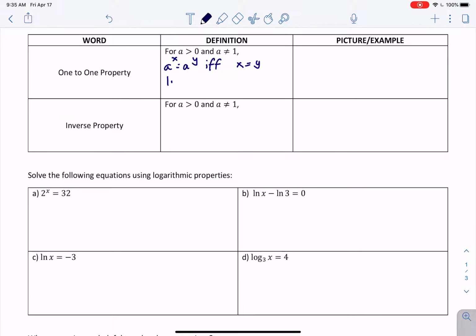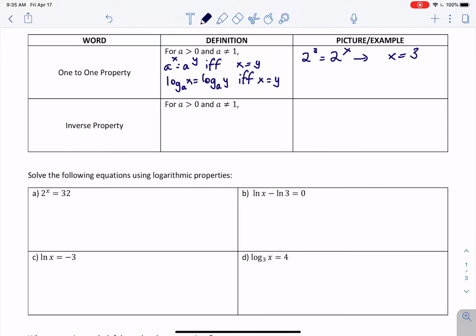And the same thing happens with the log function, because that's also a one-to-one function. If you have log base a of x equals log base a of y, that happens if and only if x equals y. Meaning, if I have 2 cubed equals 2 to the x,